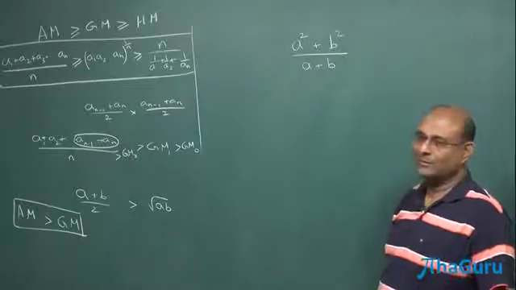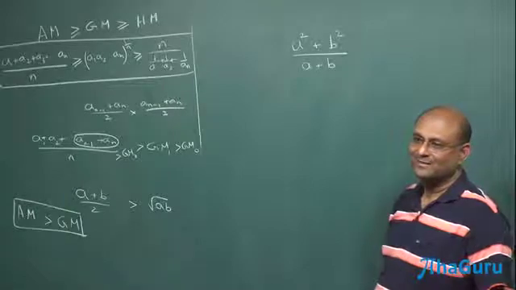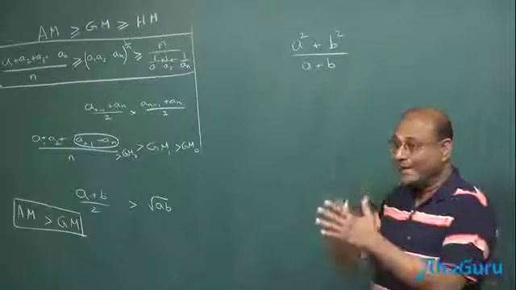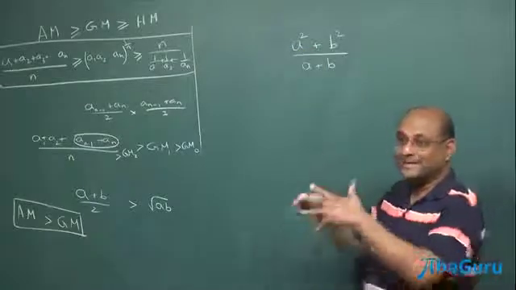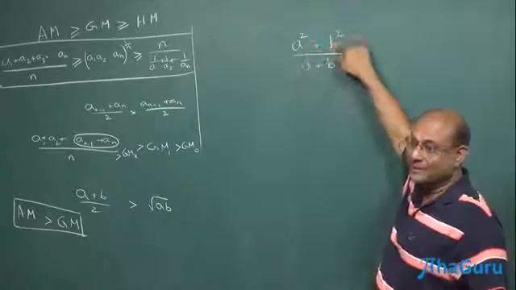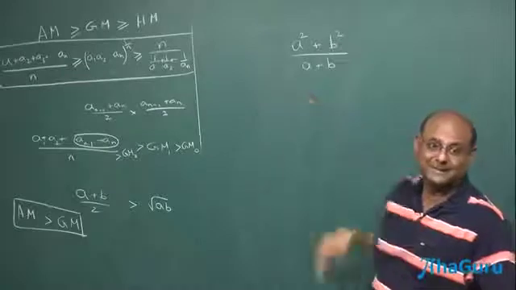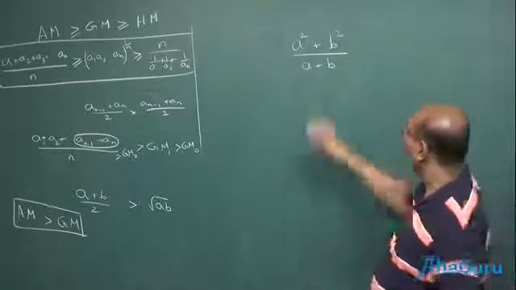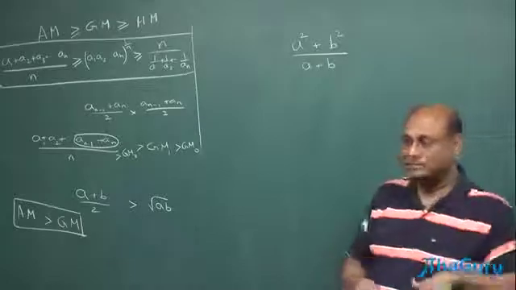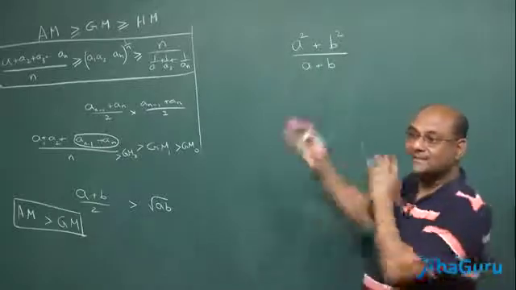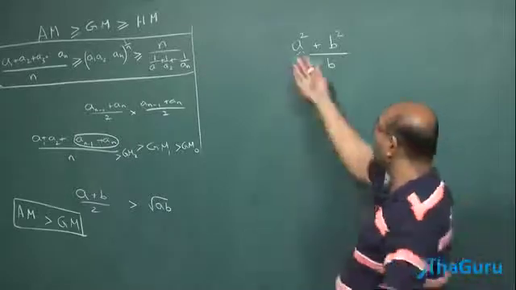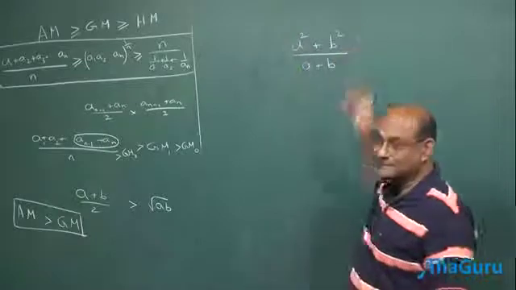No, not a and b are 1. Because I am now thinking of this as a plus a plus a, a times. So how many numbers are there? A numbers are there. B numbers are there. So how many total numbers are there? A plus b numbers are there. Yes, I know we can do a square plus b square by 2 where you treat a square as one number, but you can also treat a square as a a's. If I look at a a's, how many numbers are there? A numbers. B b's, b numbers.